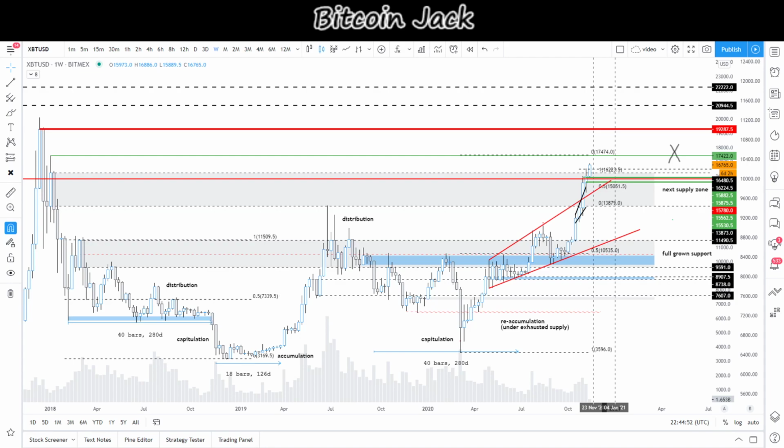I'm not really sure where we left off last week, but it kind of seems that the whole thing that we talked about is playing out. I'm still very keen on the November 23rd time pivot, give or take a few days, to become a top pivot, and at this speed it kind of looks like it's working out. So as expected, we traded through this range and price had a very hard time going through this 16.2 level, but as it claimed it this week, I think we are entering